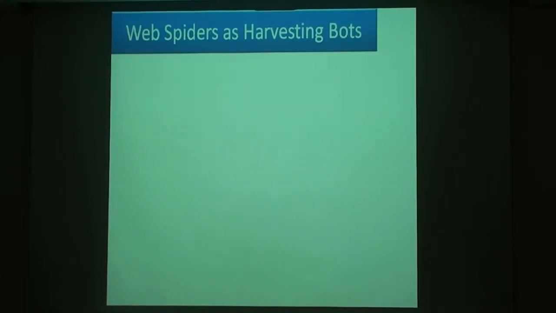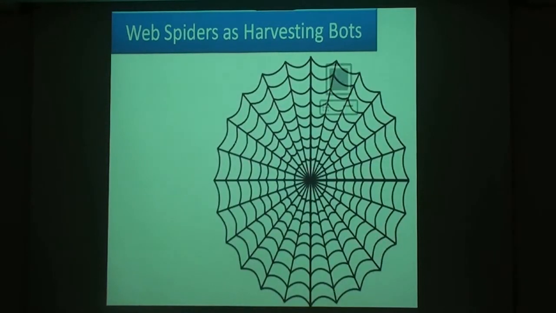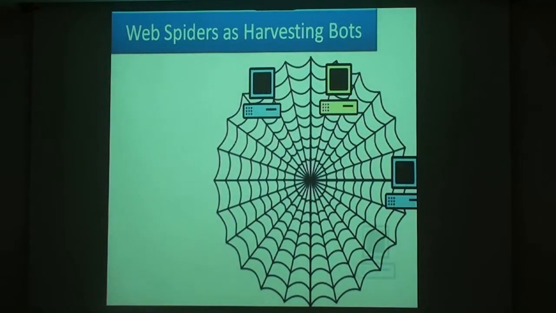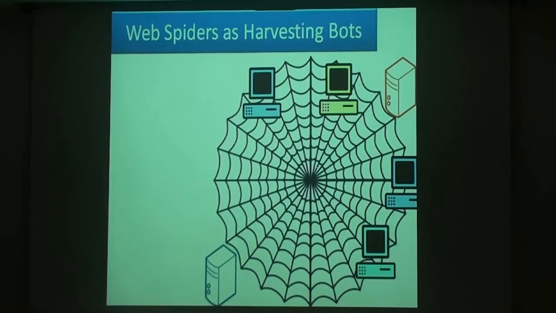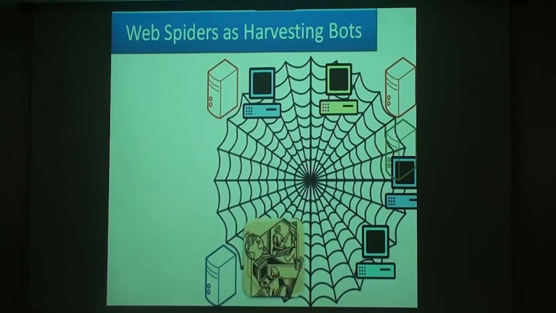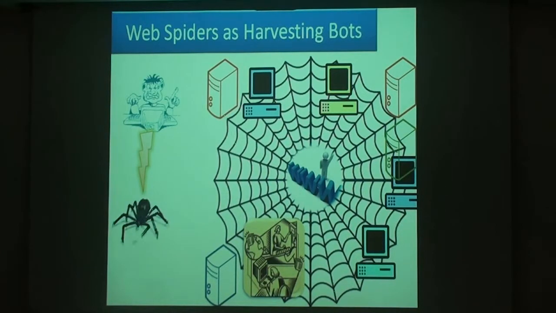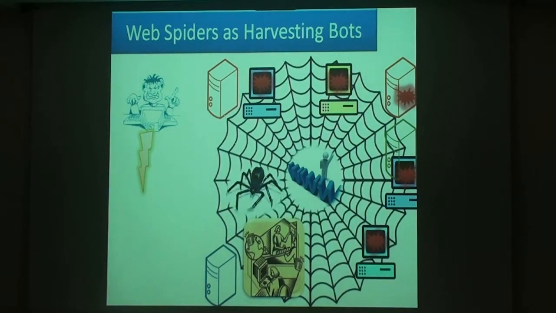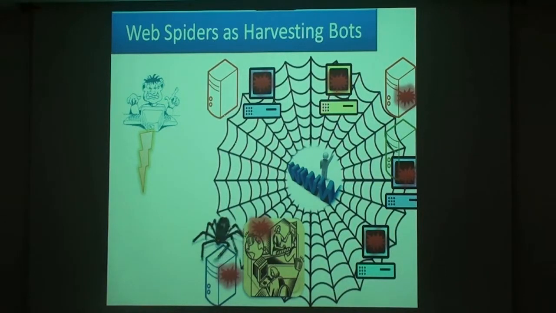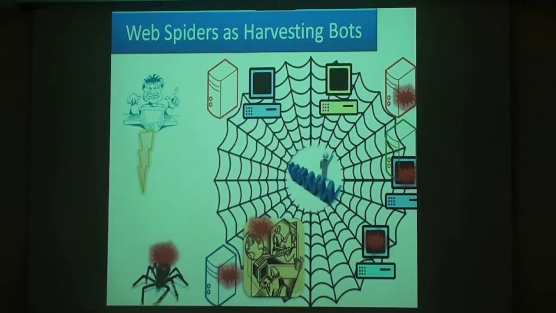So another technique that these spammers would use is automated tools known as web spiders or harvesting bots. Now the web is a collection of millions of computers, servers and other web locations that host a lot of sites, forums, blogs, etc. which have these mailing lists, directories and bulletin boards that always maintain a huge list of email addresses. Now the spammer comes up with these automated tools that have the capability to crawl the web and mine for email addresses. And as soon as it successfully mines these email addresses, it can gather and extract them and then present this back to the attacker.